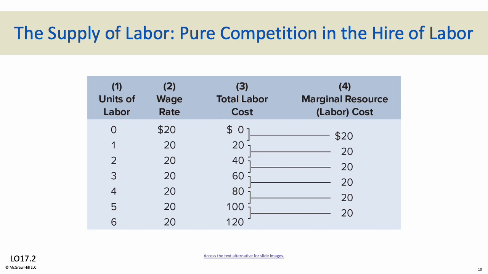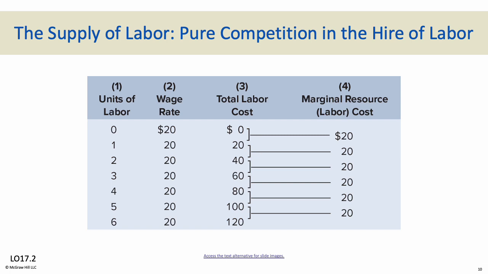So if we look here, marginal resource cost, that's MRC. Let's take a look. Each firm will maximize its profit by hiring this type of labor up to the point at which marginal revenue equals marginal resource cost. When an individual competitive firm faces the market price for a resource, the marginal cost is constant and equal to the market price for each and every unit that the competitive firm may choose to purchase.